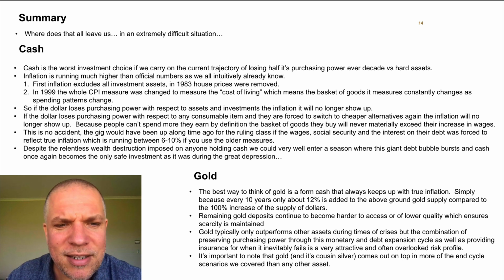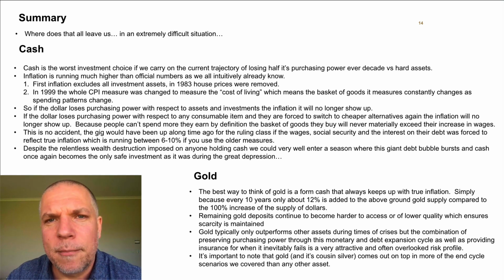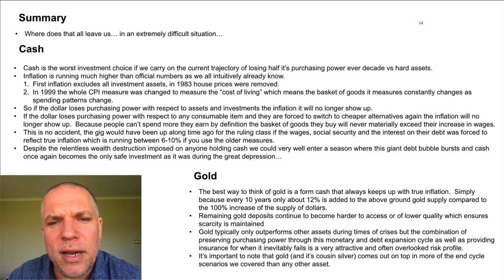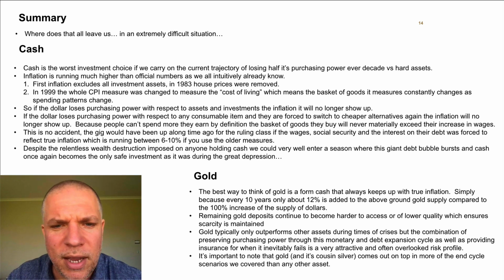So what that really does is that actually means that the inflation measure now is really capped by wage increases, because now the people can only pay for goods what they're earning. So if their wages, assuming they're spending everything they're earning, which they largely are, go up 2%, they can only spend 2% more on their goods. Any price inflation greater than that is going to force them to change their spending habits, which of course, conveniently, the basket will change to match.